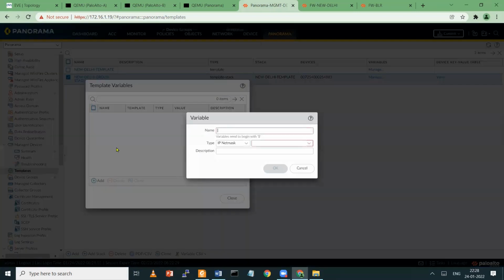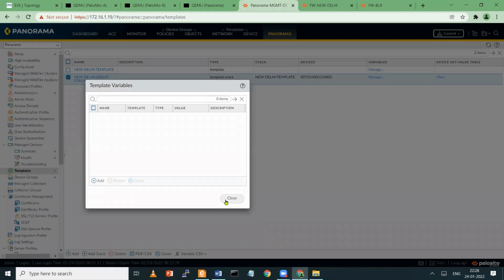Like if you are creating HA, the group ID should be common between two devices. So you can add values like this, group ID variable. And if you want to add group ID, it would be like 10 here in my case. So I just mention like this, but as of now I'm not using it, so I just left it.